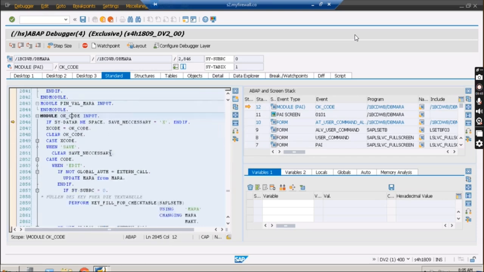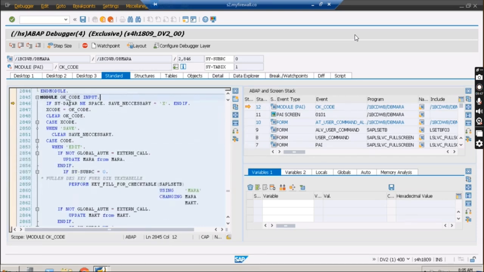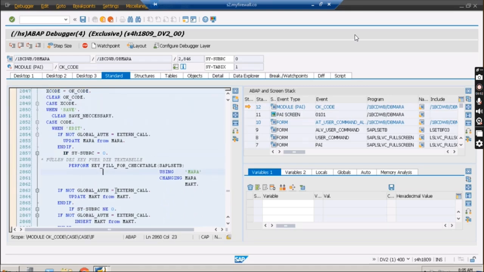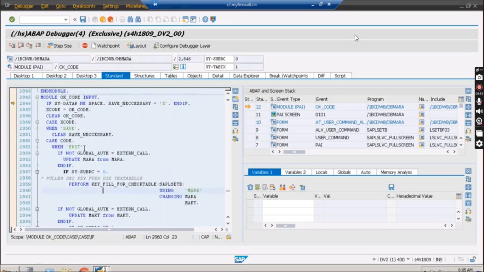Once you press F5, you can see that OK_CODE is coming. Here you have the edit option. When the code value currently is show, if you are going to mark this code value, as you know that